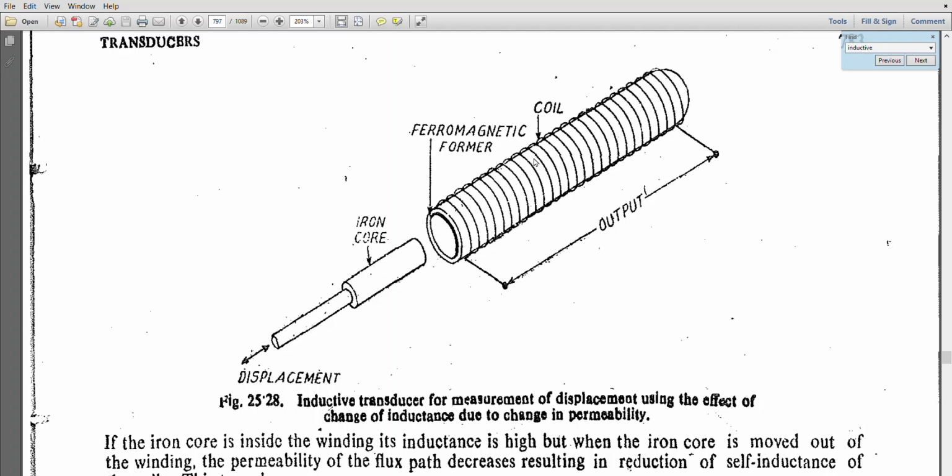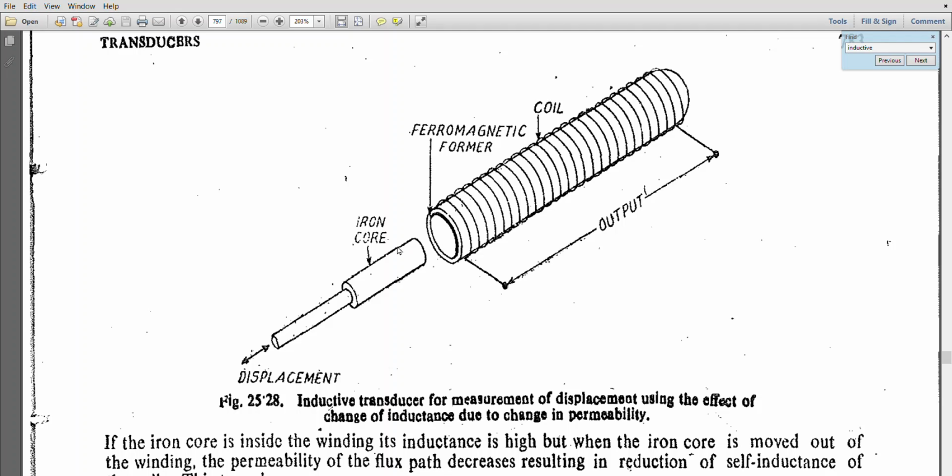Once it gets inserted into the ferromagnetic former, the magnetic flux lines are changed. Because of this change, an EMF is induced in the coil, and that can be seen as the output.